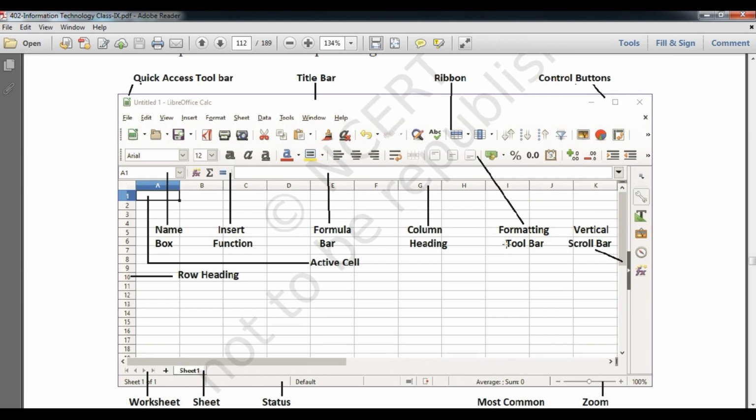Okay, and then we are talking about the formatting toolbar. So the formatting toolbar contains those functionalities of the text which help us to format the particular text, like we can increase the size of the text, we can change the writing style, we can change the alignment of them also, font color, background color, highlighter color, etc.